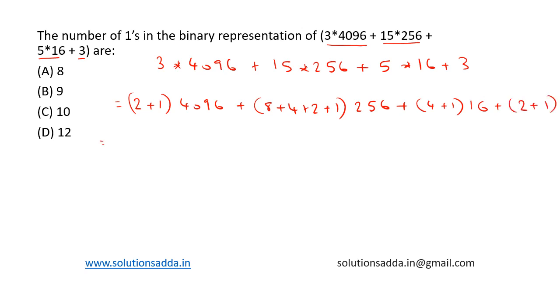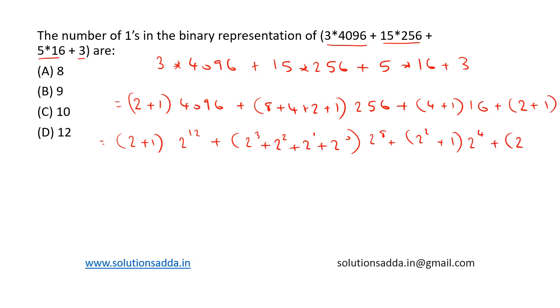Now writing in powers of 2, we can rewrite it as 2 plus 1, that is 3, into 2 to the power 12, that is 4096, plus 8 can be written as 2 to the power 3 plus 2 to the power 2 plus 2 to the power 1 plus 2 to the power 0 into 2 to the power 8 plus 2 to the power 2 plus 1 into 2 to the power 4 plus 2 plus 1. Here 1 can be written as 2 to the power 0,